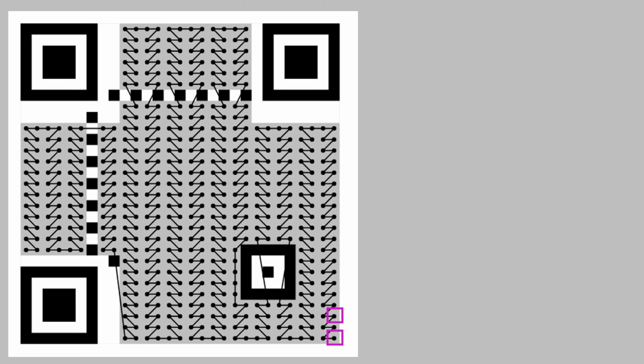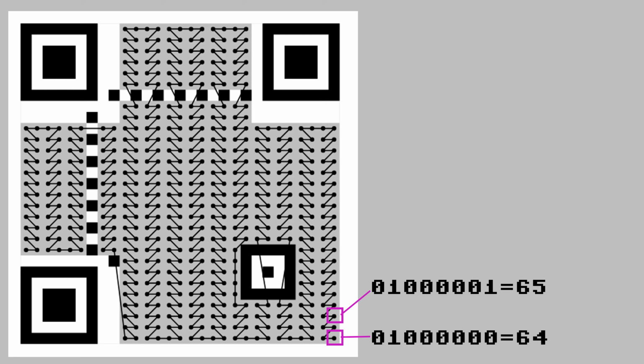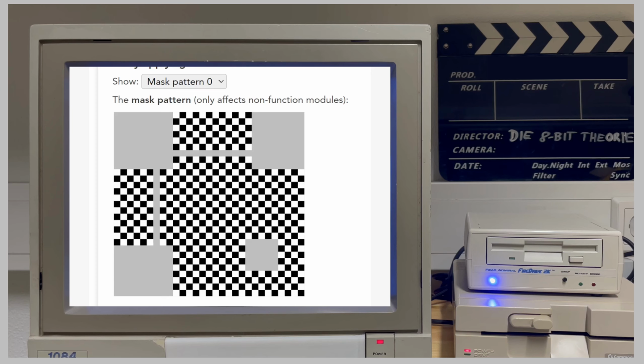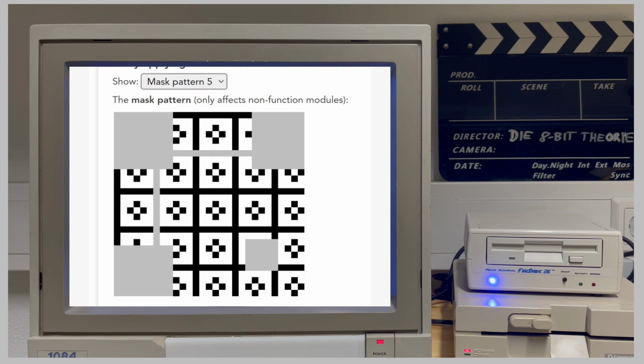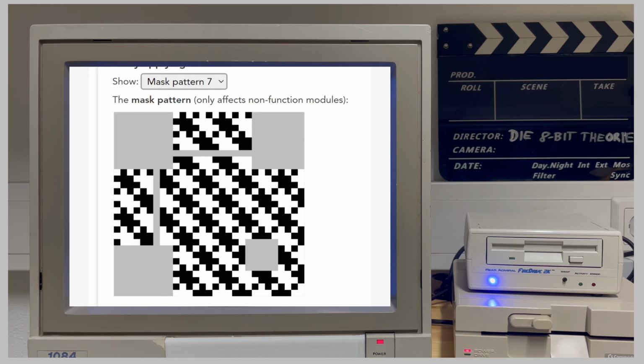Now, we're not just writing values 0 or 1 here. We're writing 64 or 65. Still 1 and 0 in the lowest bit, but with bit 6 always set. Why? Because QR codes are exclusively ORed with 1 out of 8 bit masks. This is to make sure that the encoded data is not easily recognizable, that no recurring patterns are visible, and that no patterns appear that could be misinterpreted by readers as alignment or timing patterns.